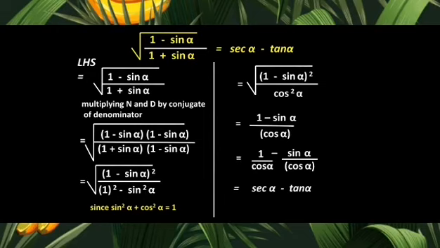Correct? Can you observe sec alpha minus tan alpha in the RHS of the question, and here also we got the same, and hence we can say both the sides are equal now. So here also we have utilized one identity again, sin square alpha plus cos square alpha equals to 1, by doing certain adjustment in it, and equality is proved by us. I hope it is clear to you.